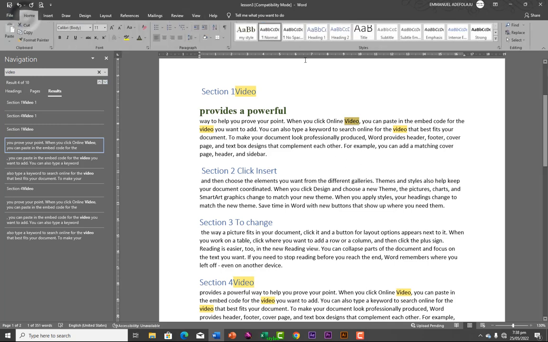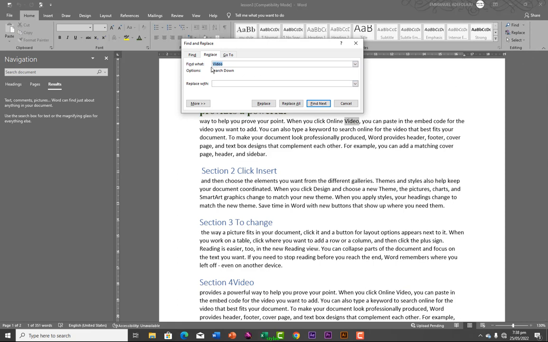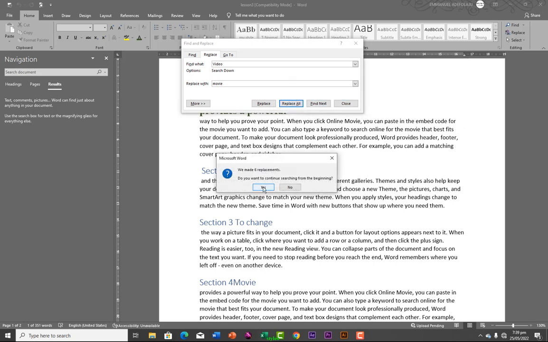Okay, I will click back my home and replace. So if I want to replace, find video, then replace it with movie. So if I type movie and I click on replace, all the places I have video is going to be replaced with movie. Okay, so you can use replace all. It is going to replace all